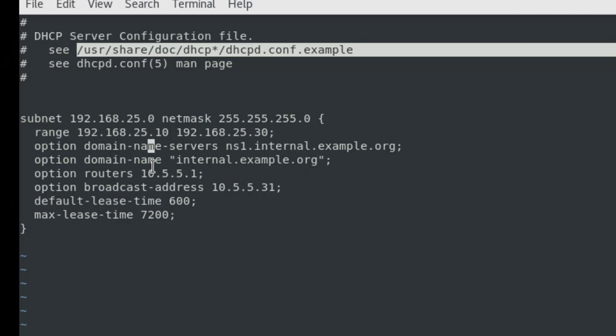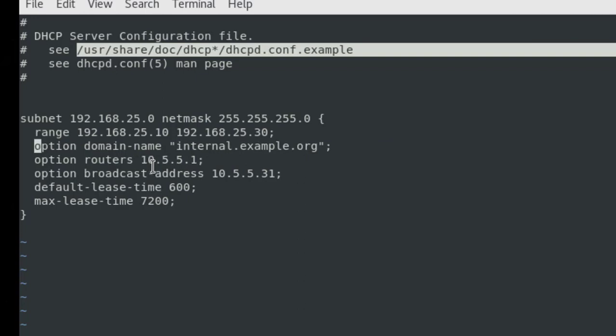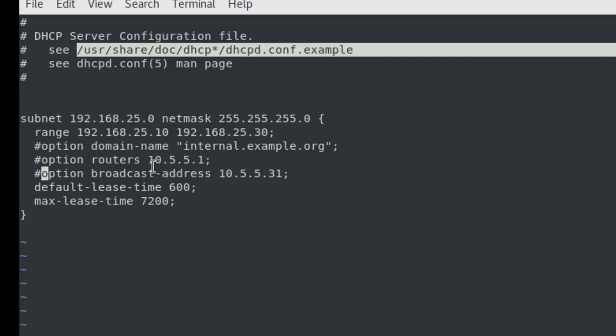This is an option: if you have a DNS server in your network, you can give that IP here. I don't have that, so I'm just going to remove it, or you can hash it out. Because I removed the previous one, I'm going to hash it just to show you. Router: if you have a router placed, you can give the IP there. This is a broadcast address, I don't want that.